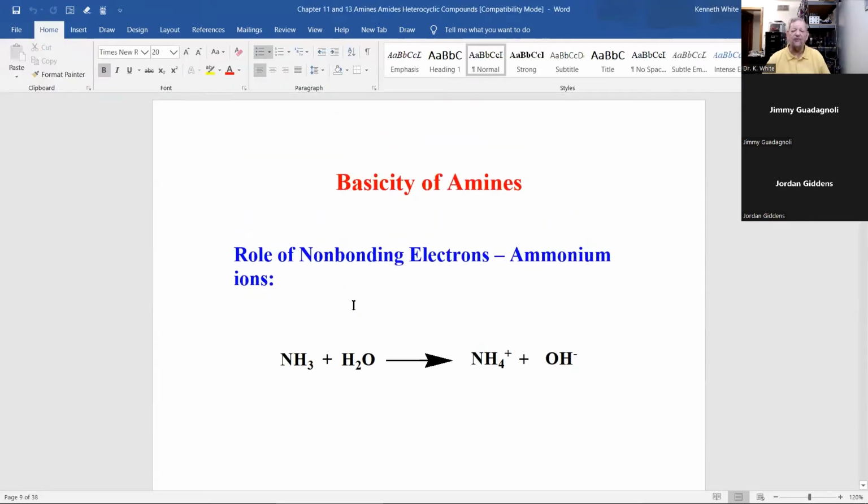Now, let's talk about the basicity of amines. A base is a proton acceptor. And if you remember, in general chemistry, this is an acid, this is a base. You have H plus, a proton transfer, A minus loses the A, this right here loses H plus, and it goes to the base. Well, if we look at ammonia,